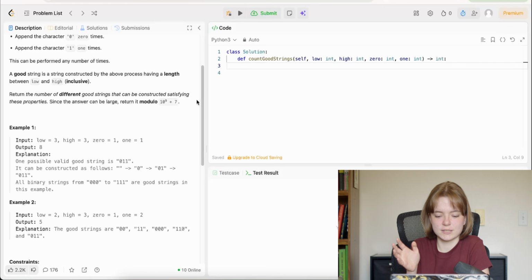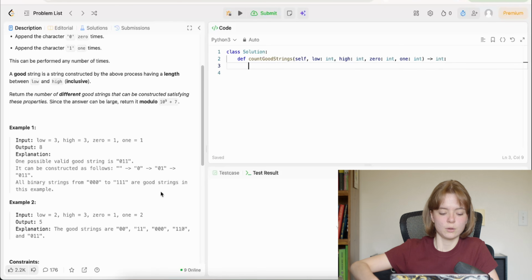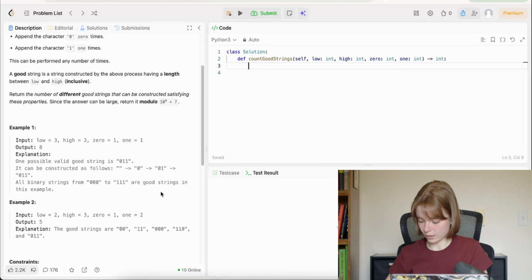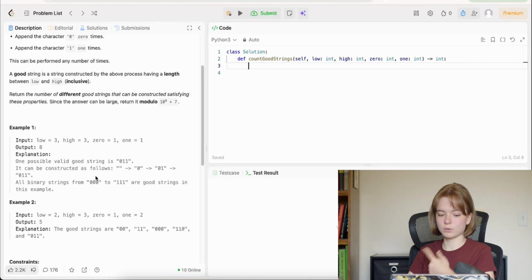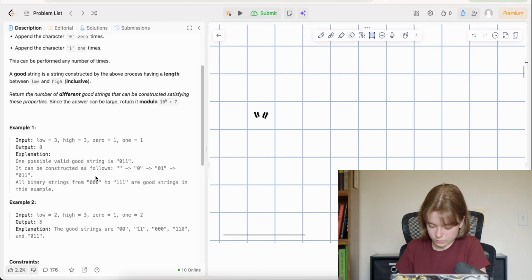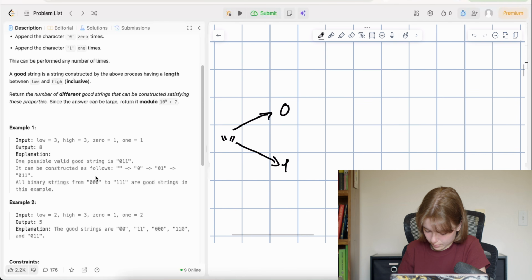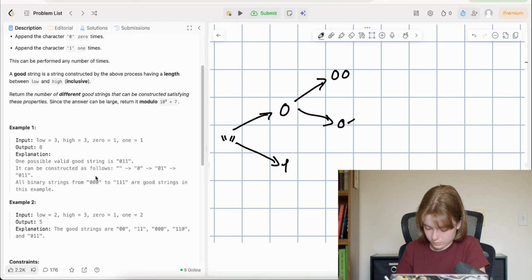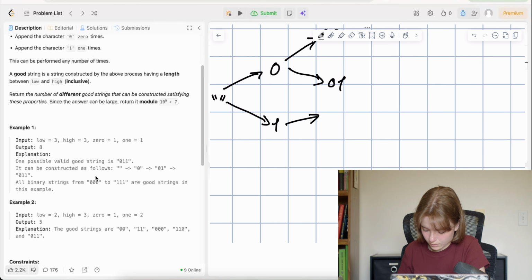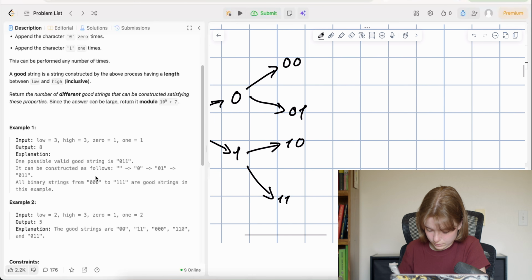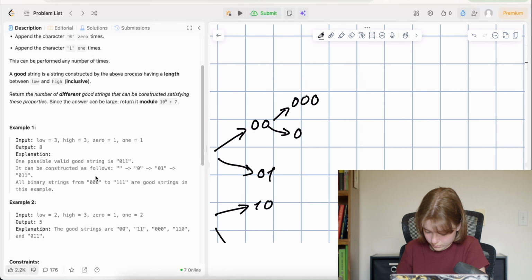So my first thought when reading this is we have a choice at every step. We can either do 0 or 1 of however many we're allowed to do. Either 0, 1, or we stop. So for this first one, we start with an empty string. Then we can have a 0 or a 1. We can't stop at that point. And then at that point, we can have another 0 or 1. So 0 or 0, 1. And we can have that 0 or 1, 1. And then the length is 3, so we keep going. We can either have 0, 0, 0 or 0, 0, 1.